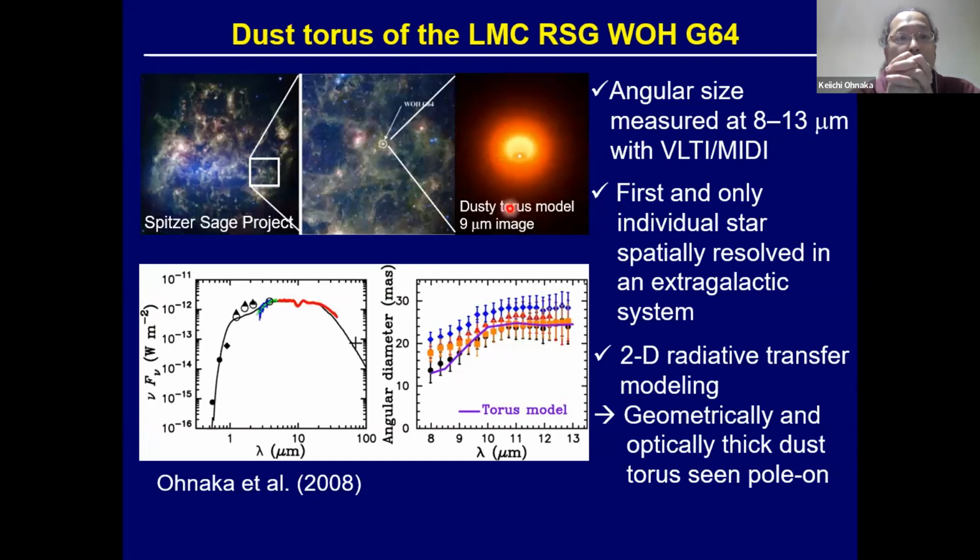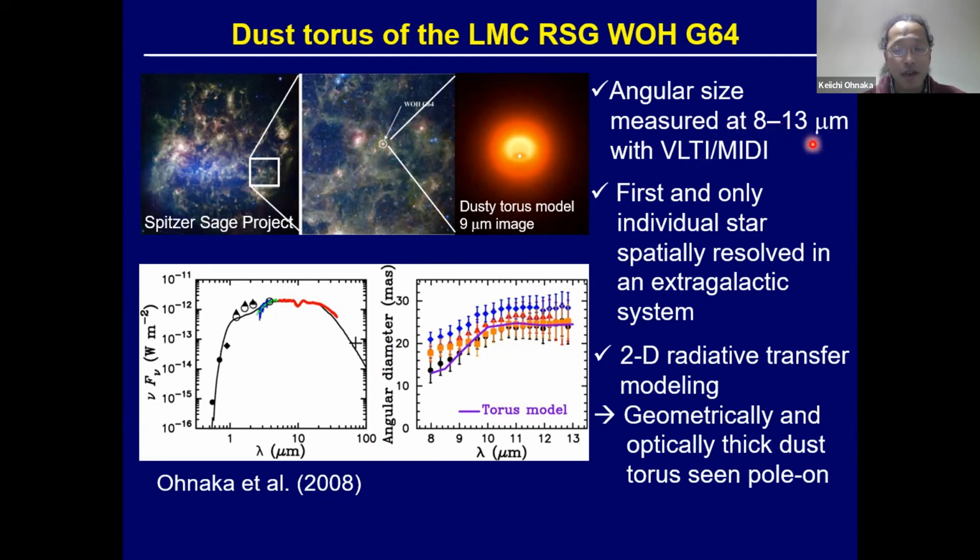Well, now I would like to turn to another supergiant, but this time much dustier than Betelgeuse or Antares, and also outside the Milky Way galaxy, namely in the Large Magellanic Cloud. So this is the infrared image of the Large Magellanic Cloud, and our target, WOH G64, is here. And actually, in 2008, we observed this supergiant with VLTI MIDI at 8 to 13 micron, and